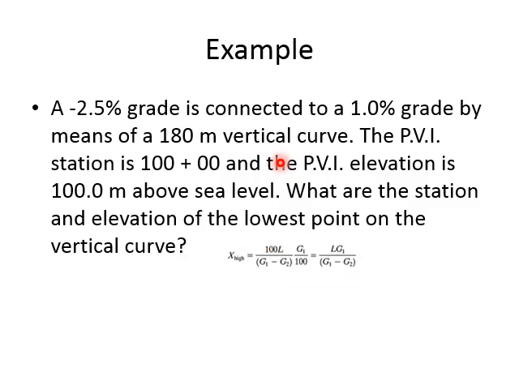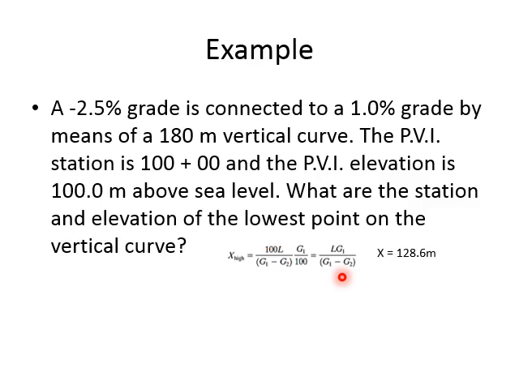For a sag curve, since it is going downward, we check the lowest elevation. So first of all, we will calculate the value of x. We need L, which is 180 meters here. We need G1, which is minus 2.5. And we need G1 minus G2, which will be 1 minus minus 2.5. So you will get the value for x from here,